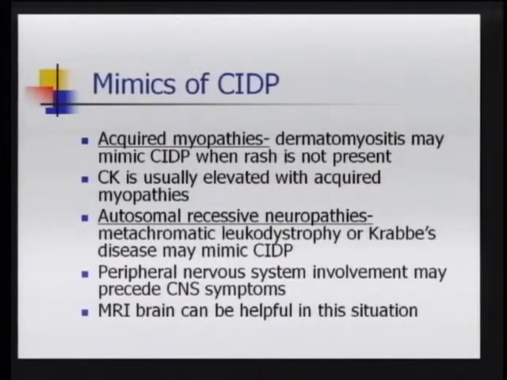An acquired myopathy can look like CIDP. CIDP has proximal weakness, and so do acquired myopathies. But the most common acquired myopathy for children is dermatomyositis. You've got this very dramatic red rash in addition to an inflammation of muscles. And the CK, or creatine kinase, is extremely elevated with acquired myopathies. There are occasional autosomal recessive neuropathies that present, such as metachromatic leukodystrophy or Krabbe's disease, which is a neurodegenerative disease. Sometimes the peripheral nervous system disease can precede the onset of dementia in these children,